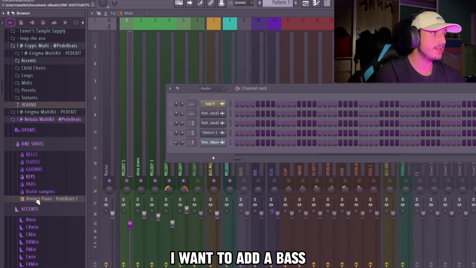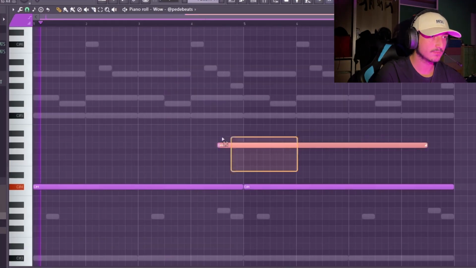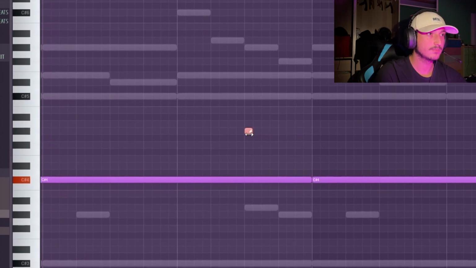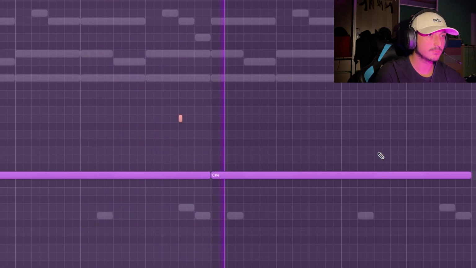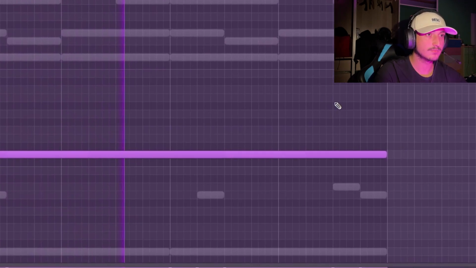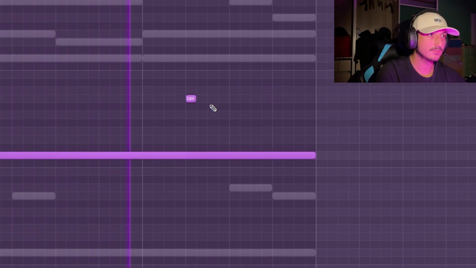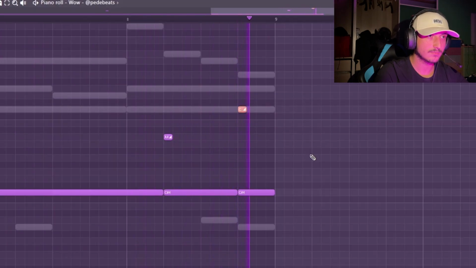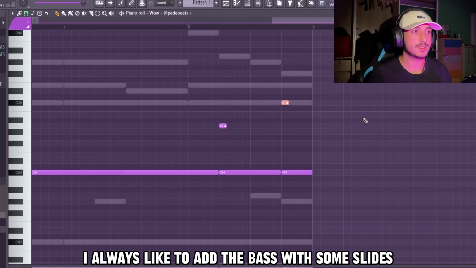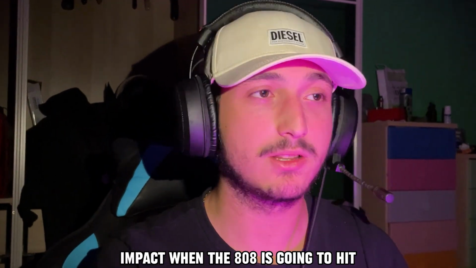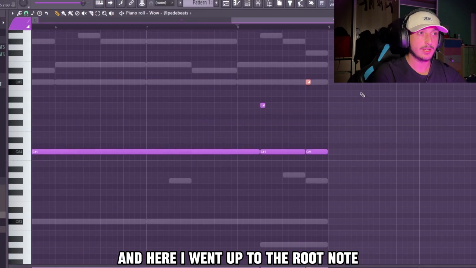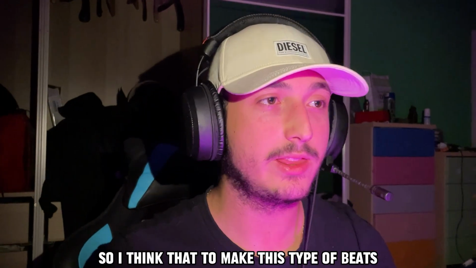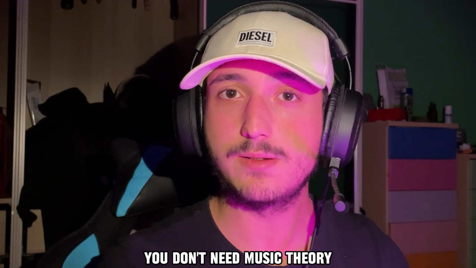I want to add a bass. I love this one. I always like to add a bass with some slides because it's going to give much more impact when the 808 is going to hit. And here I followed the bass notes that I made with the piano, and here I went up to the root note. So I think that to make this type of beats you don't need music theory, but you are